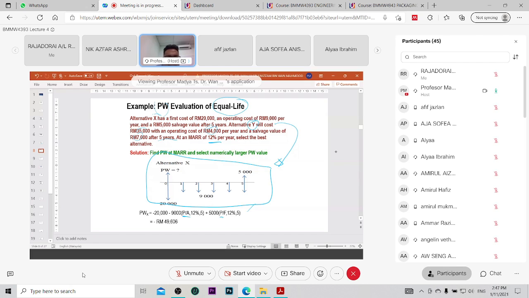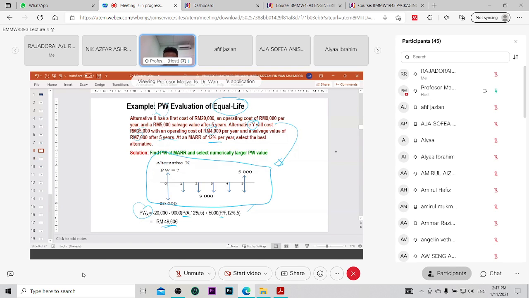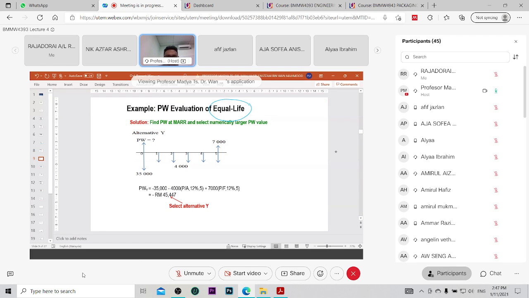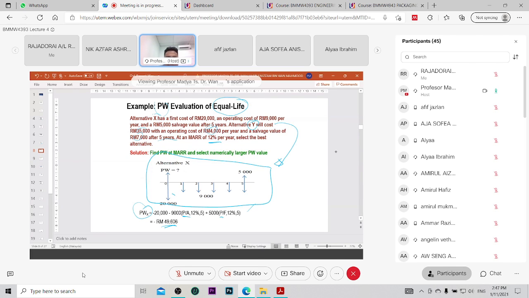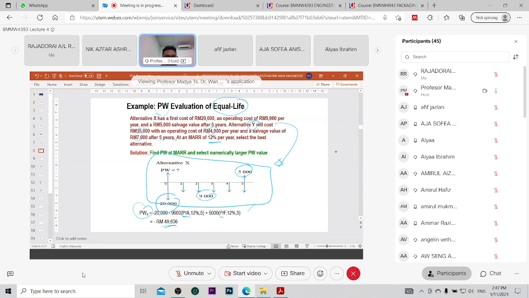And the PW for X is 49K, 49,000 something. So for alternative Y, because of equal life, the figure in alternative X and the figure in alternative Y are the same except for this value. The years are the same, but only these three data are different. So based on the formula, we conclude that between alternative X,